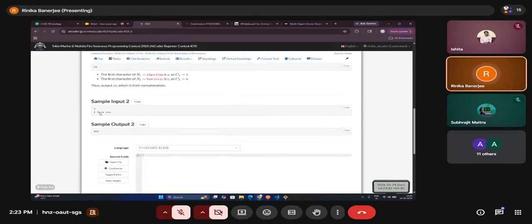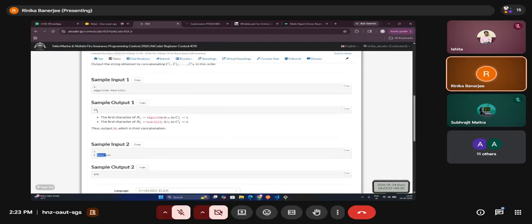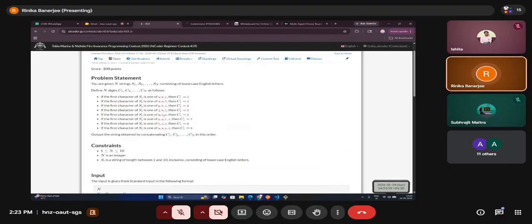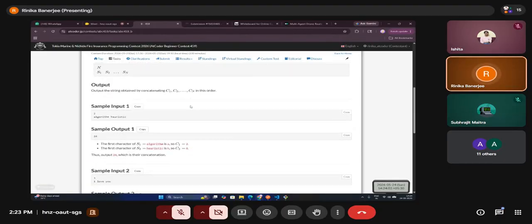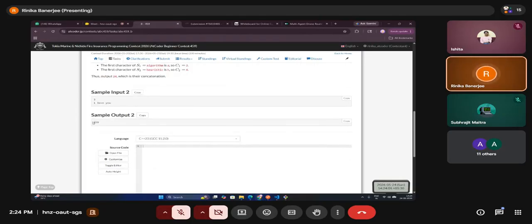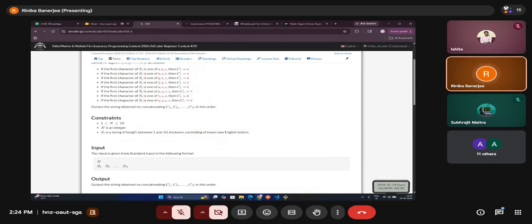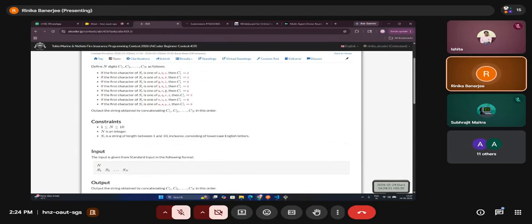Now the second sample input is n is 3. That means we'll take 3 words: I, love, and you. For I, which category does it lie in? G, H, I, so we append 4 to our answer. So first is 4. Then for love, the first character is L, and for L we need to append 5.